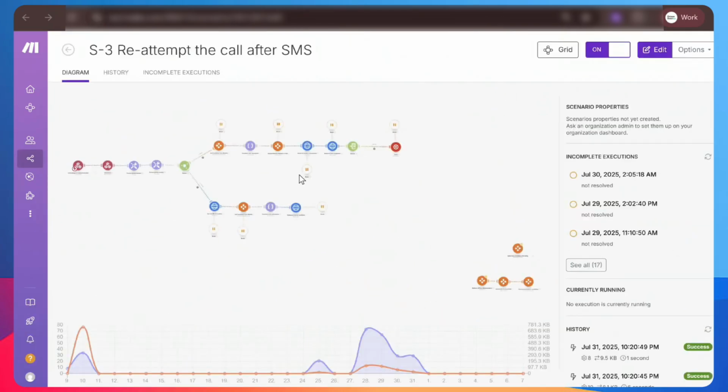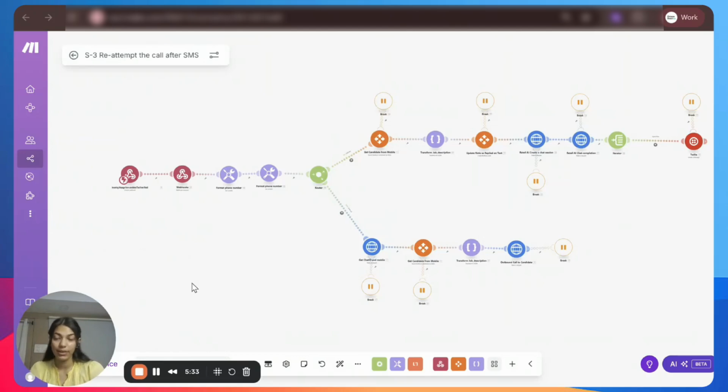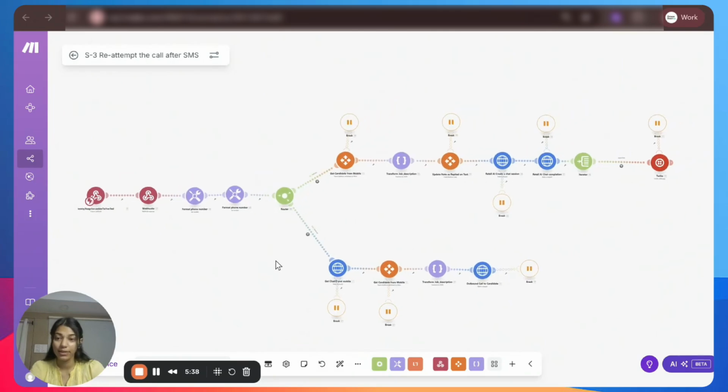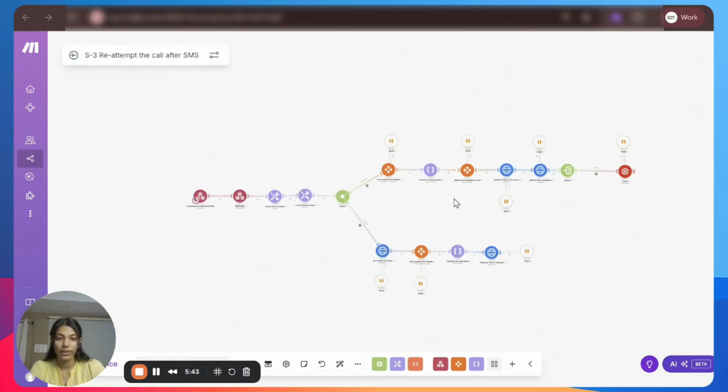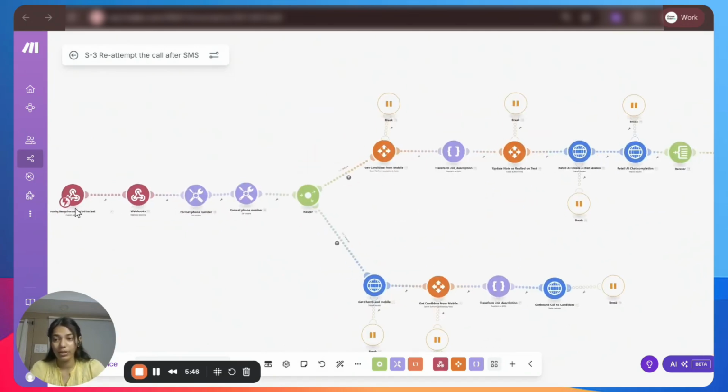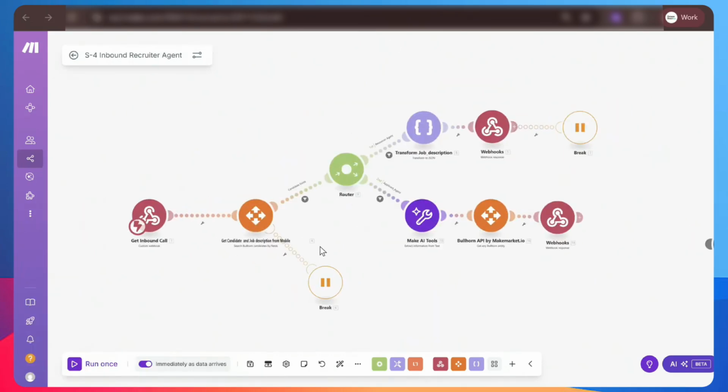Now, coming back to our scenario 3, after the candidate has received an SMS that we tried calling you, they can reply with anything. So we have created an SMS bot that is also powered by Retail, that is the main source of our voice agent. We have created a chatbot that has the whole conversation regarding the job and the questions regarding the job with the candidate. The candidate can request a callback and get immediate callbacks from this scenario and also ask any questions about the job. And this bot is perfectly capable of answering all of those questions with regard to the database that we have given it. And in the last scenario, this is scenario 4.